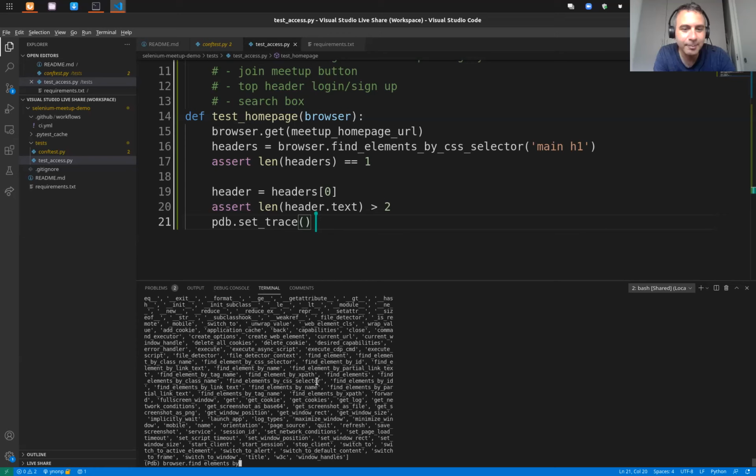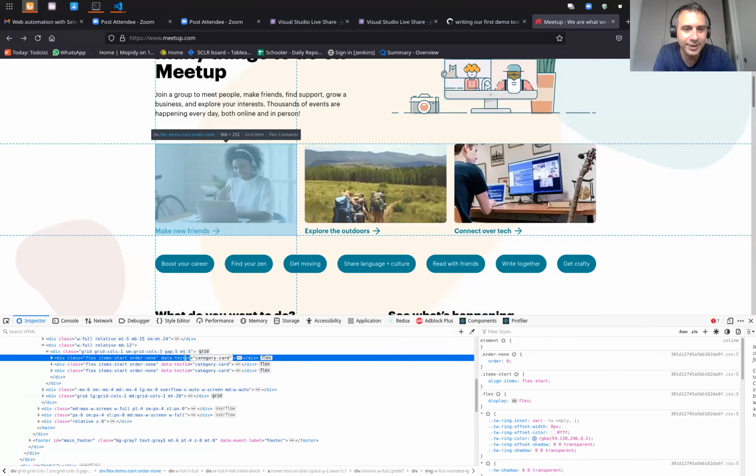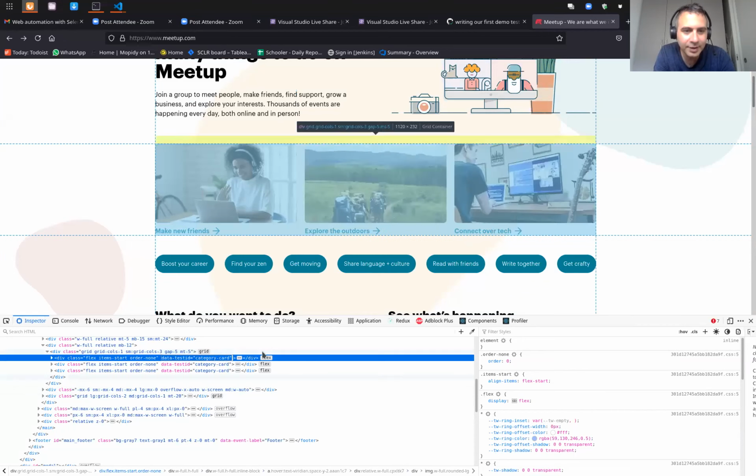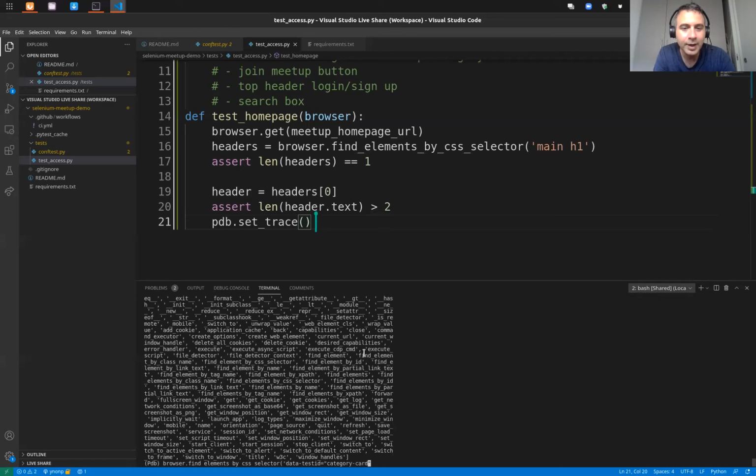Find elements by CSS selector. And we want data test ID to match category card. As much as I like to type, I'll just copy paste everything here, because sometimes people do typos.